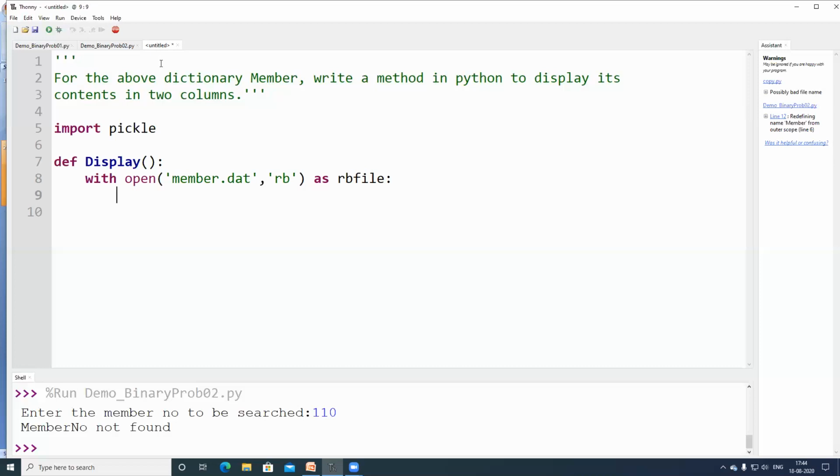I have opened the file for reading. Immediately after opening, what am I supposed to do? All right. Here also I'll be using try. Let us check why this is necessary. While true.